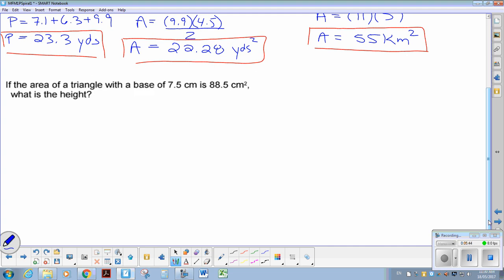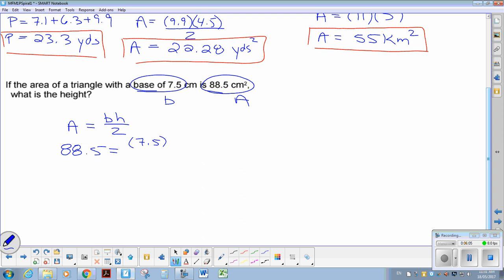It says the area of a triangle with a base, so we know our base, we know our area. So we know the formula for area of a triangle. Area equals base times height divided by 2. If we plug that in, it tells us that the area is 88.5. We know the base is 7.5. We don't know the height, divided by 2. So what we're going to do is simplify the calculation. This is really a two-step question. The first one is to do that division. So if we do 7.5 divided by 2, we get 3.75